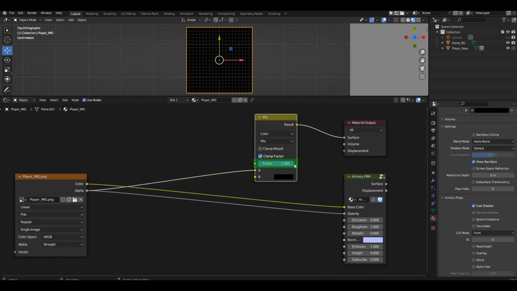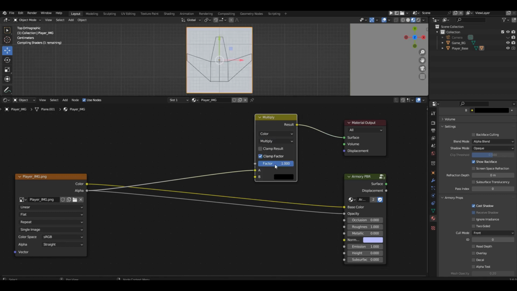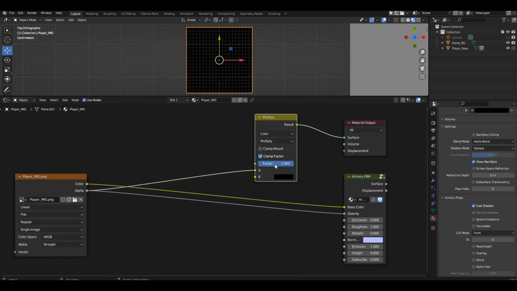In principle, we can leave it like this, because the scheme works. But I suggest changing the mode to multiply. In this mode, the first slot will add the second one, but only if the second slot is darker. And our second slot is completely black, as far as I remember. But the first slot has a white area. Now, by moving the slider to the right, we'll add black color only to the area with white color. By turning the slider to the maximum, we will completely fill the white color with black.